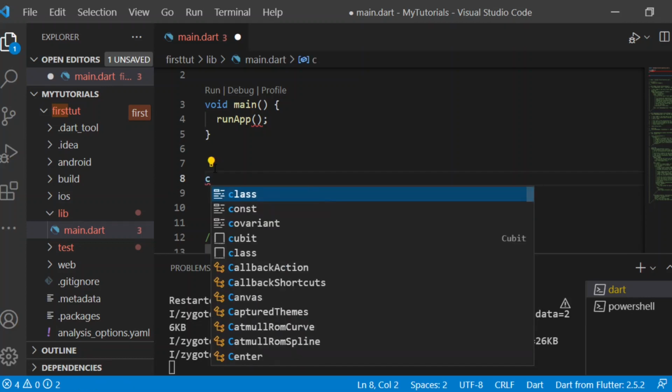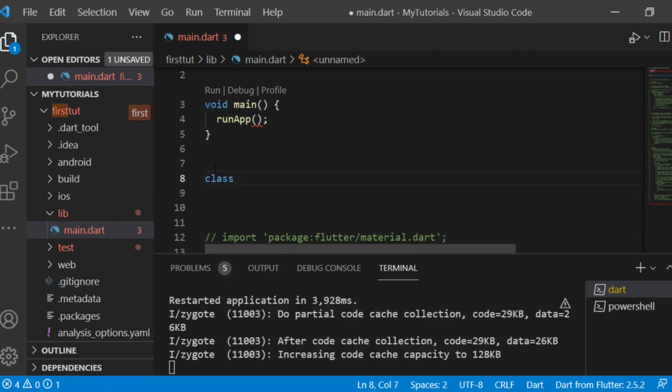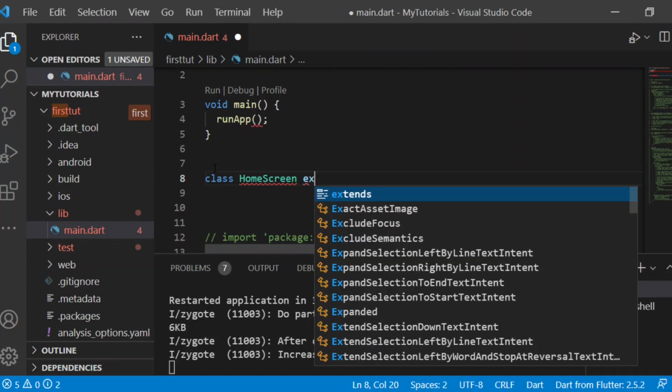So the keyword for class is this, and let's give a name to our screen. Let's say it is a home screen. So let me write home screen over here. And before creating any class in Flutter, you have to extend the class. If you understand the concept of classes or inheritance, then it will be easier for you to understand these concepts. So we have to extend the class